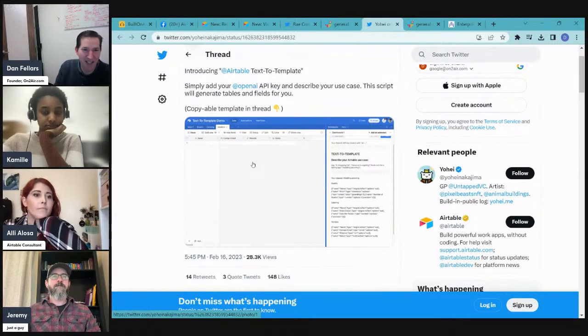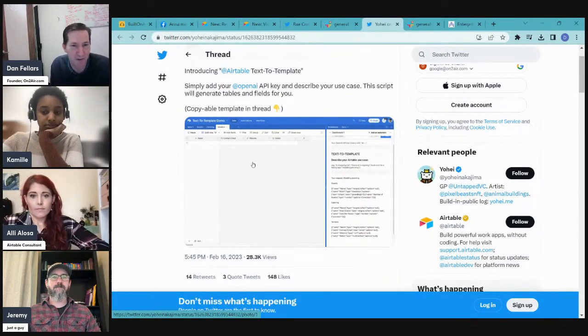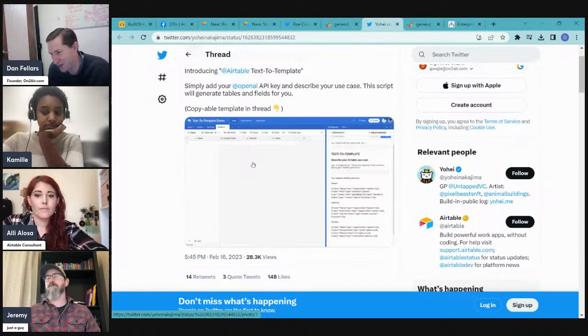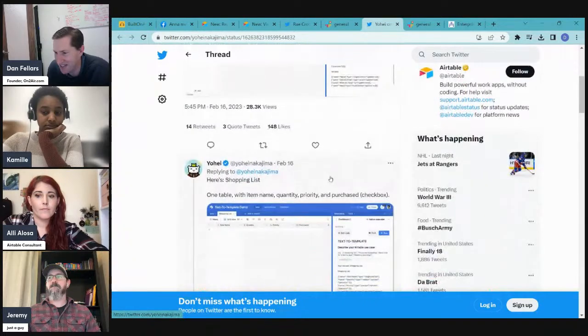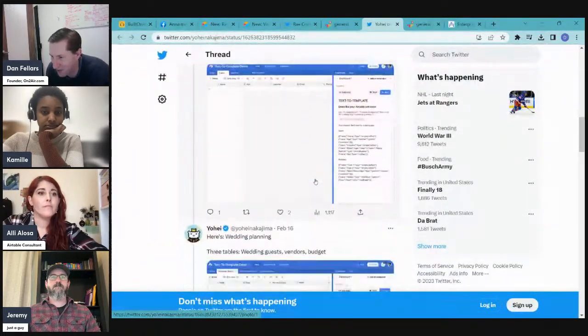ChatGPT knows the API and the structure for Airtable, and it gets the code from ChatGPT on creating the tables and fields that you describe, and then it actually executes that code. And so it's pretty cool. And the cool thing is this person shares the code, so you can run it yourself.